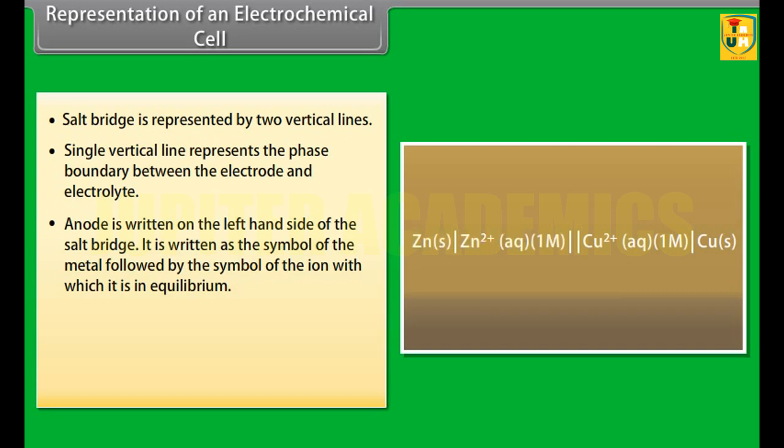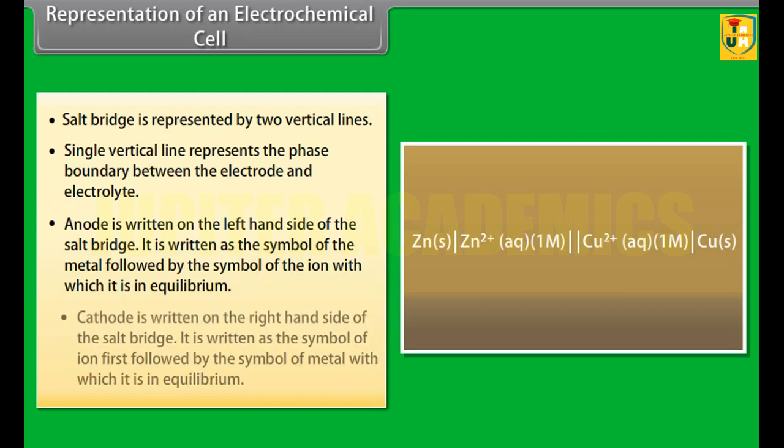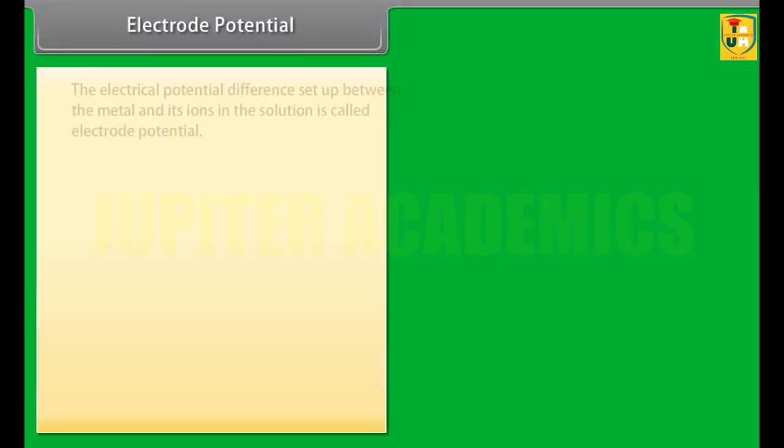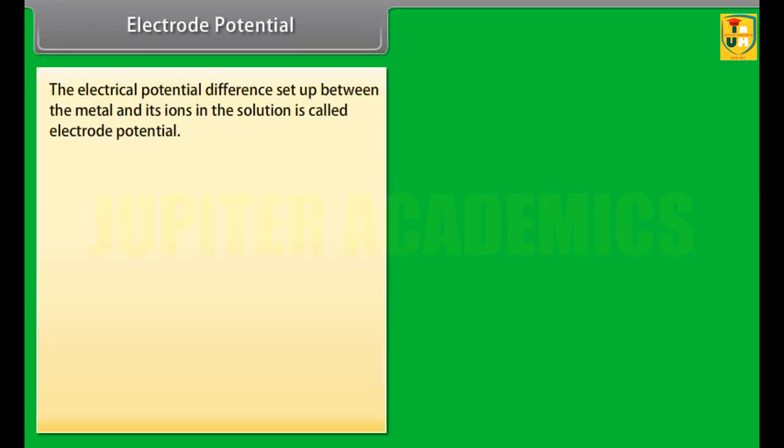It is written as the symbol of the metal followed by the symbol of the ion with which it is in equilibrium. Cathode is written on the right-hand side of the salt bridge. It is written as the symbol of ion first, followed by the symbol of metal with which it is in equilibrium. Electrode potential. The electrical potential difference set up between the metal and its ions in the solution is called